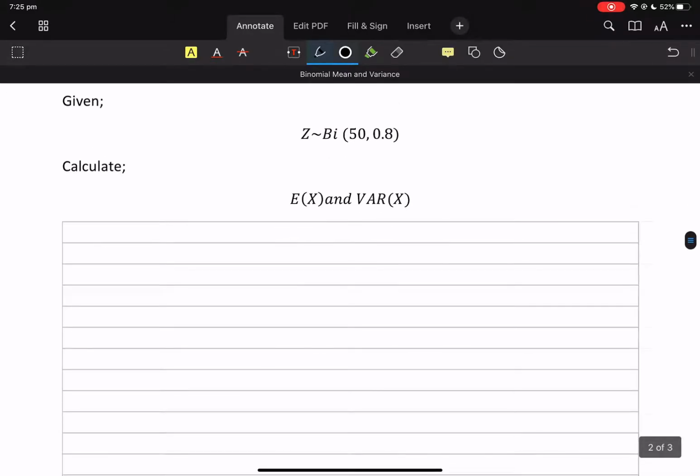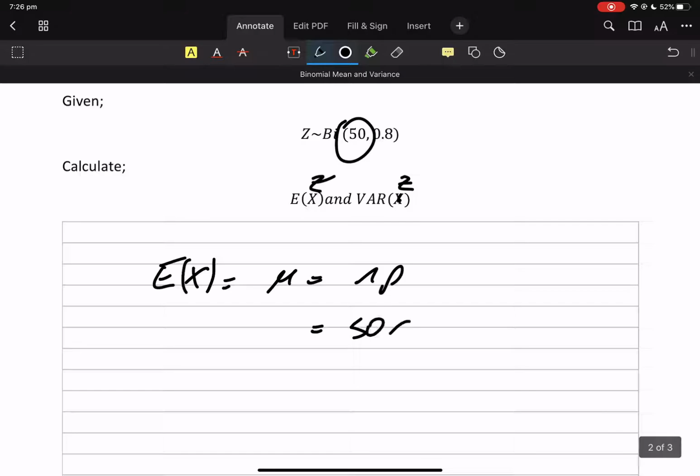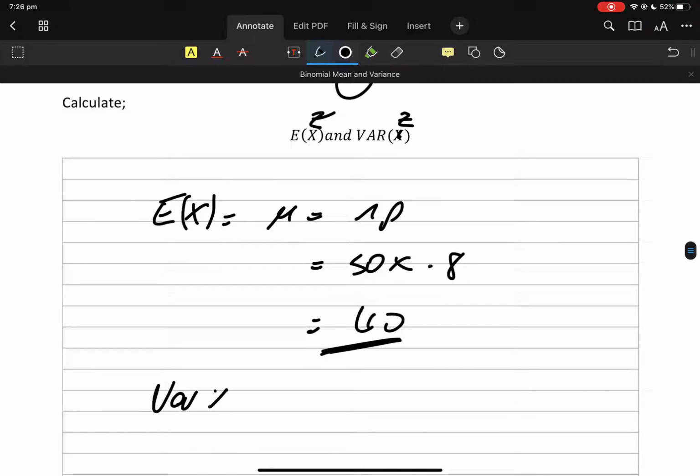Here we go. Given, we need to understand that n is 50 and p is 0.8. It's just a code. The B stands for binomial. And we need to find the expected value and the variance of Z. Mu is np, which is 50 times 0.8. Oh, why did I need my calculator for that? My expected value is 40 and my variance is